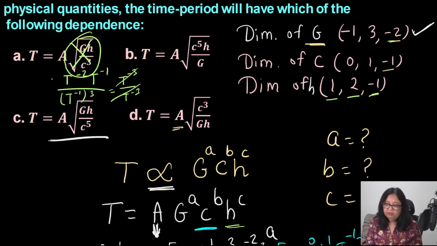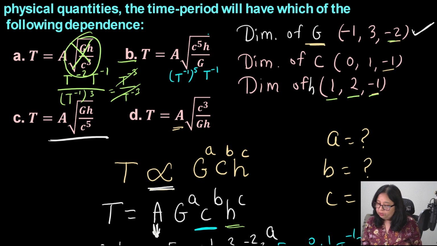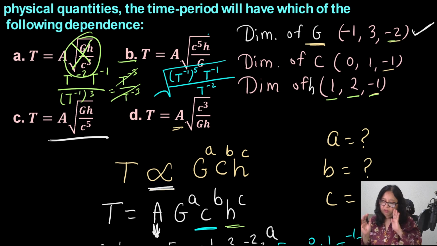So A is incorrect. Same way for this B here. C is T to the power minus 1 to the power 5. H, there's only one H, T to the power minus 1. G, T to the power minus 2. Sure, there's a square root on the outside, but look at this. You get